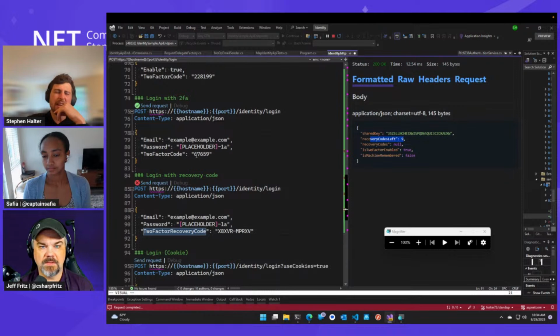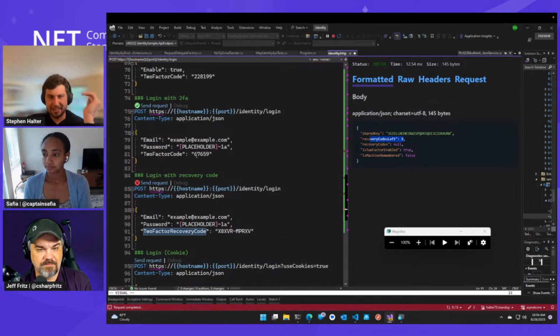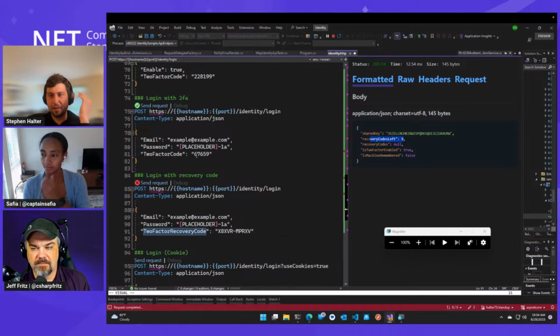So I think that if you're not doing authentication in the same process or application as the rest of your app, an OIDC server makes sense. And whether you like OpenIddict or Duende or whatever, we think those have a place, right? We're not trying to replace any of those entirely.